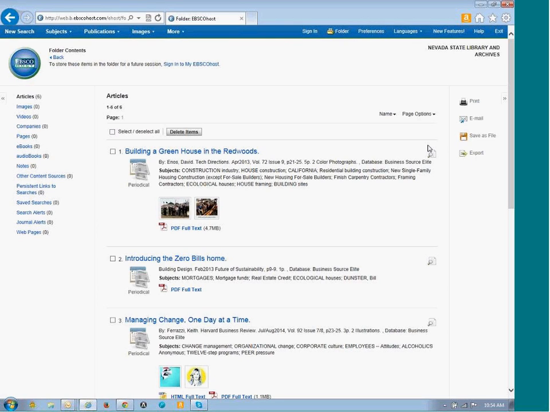We're wrapping up our session now. I can print or email articles all at one time with just one click of the mouse. I can save all of these to a file. I can even export them all. Up here it says, if I'd like to store these for a future session,